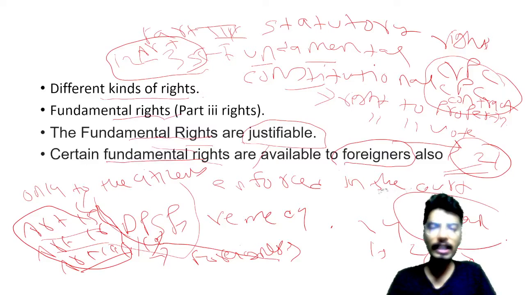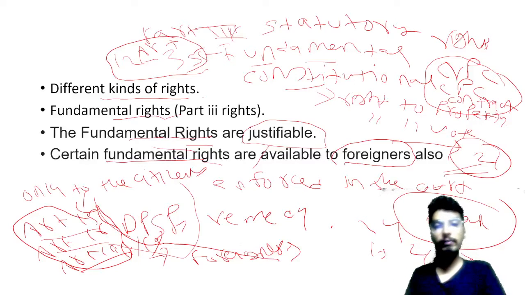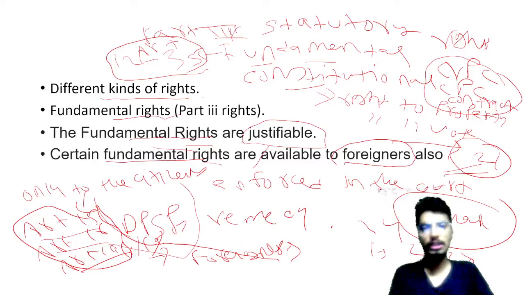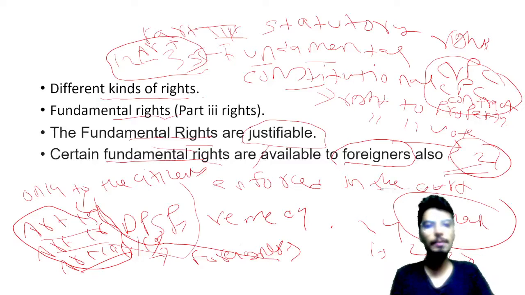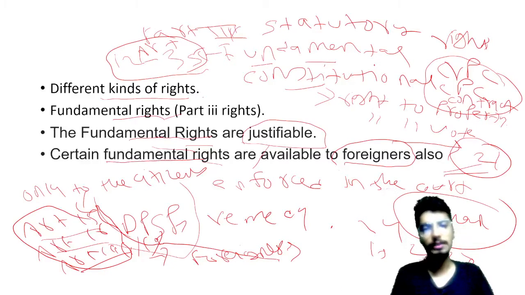And whenever any right is given the status of human right, then these rights are available to everyone just because they are human. Then you don't need to even see whether they are Indians or not, whether they are men, women, or what their age is. Nothing will matter in that case. It will be available to everyone irrespective of any other factors. So that is another important thing which we have to be very clear about.